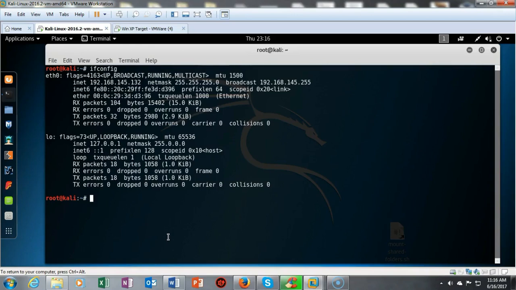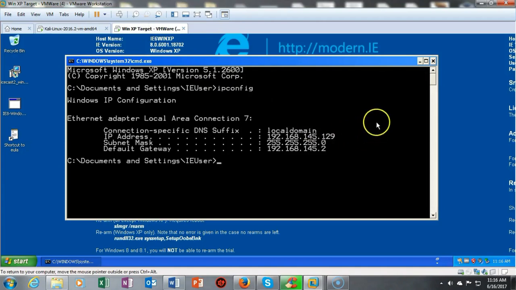The 192.168.145 portion of the IP address is the network portion. The 132 is the host IP assigned to my Kali. So that will remain unique, but the first 3 octets of the IP address will remain the same if I'm going to have any chance of network connectivity between Kali and my Windows XP or any other host on the network. So I'm going to go on over to my Windows XP target, and we're going to check the IP